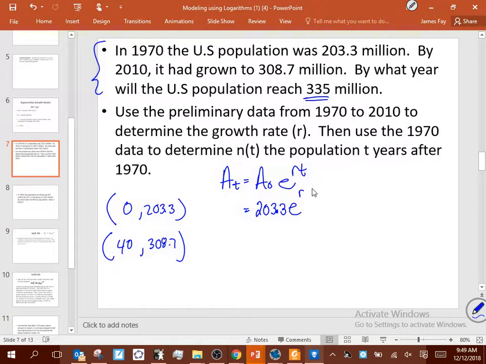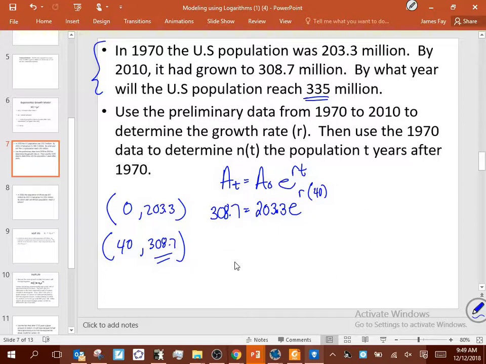Okay? But T, do I know T? T is the difference in these 2 years, right? So the time elapsed was 40 years. What is A of T then? It's what I'm left with after that time elapsed, 308.7. So now, if I divide by 203.3, okay, so I'm just going to do 308.7 divided by